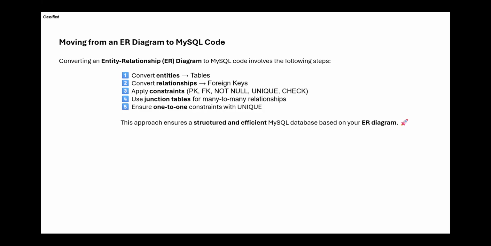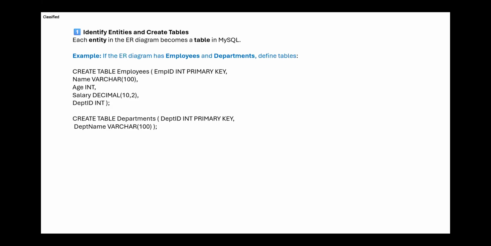First, you write down the name of the tables, then write down what are the attributes within them. Okay. Then write down which of these attributes are primary and foreign keys. And then you can apply the constraints, and then you ensure that the many-to-many relationships are called out. Okay. So all of these are a good way to go.